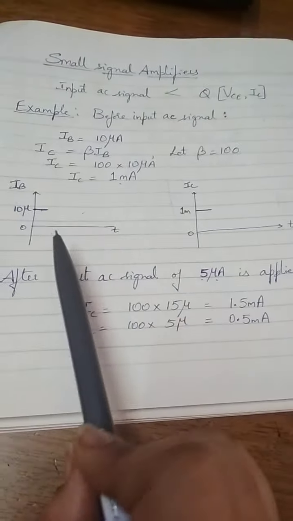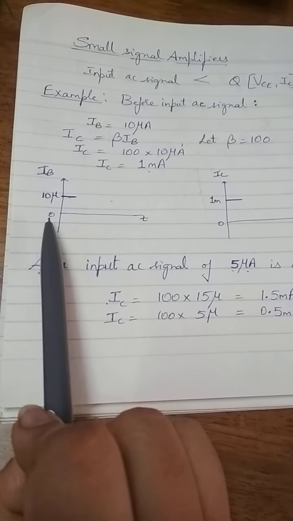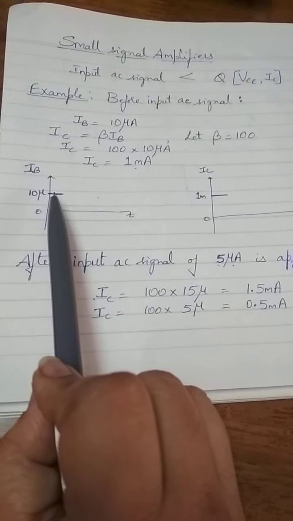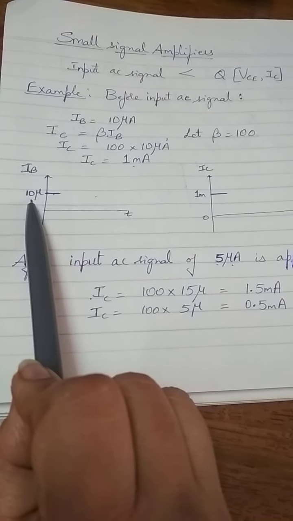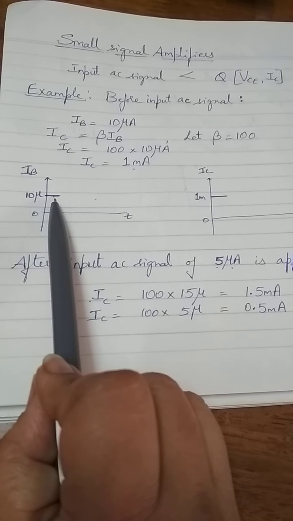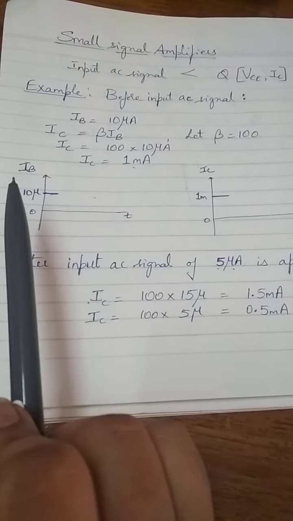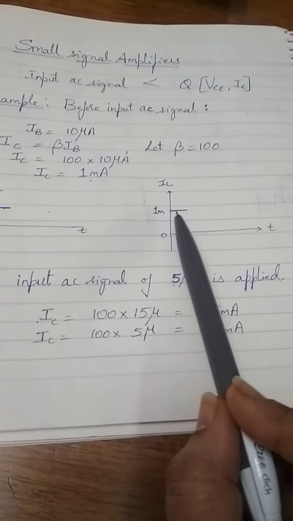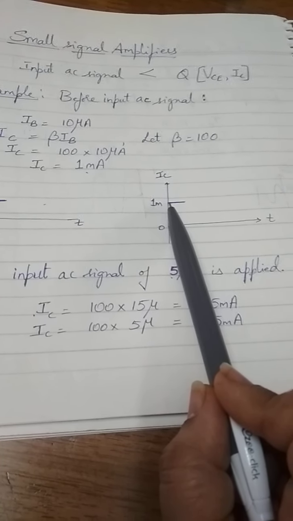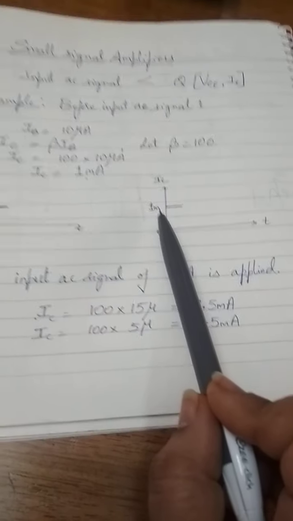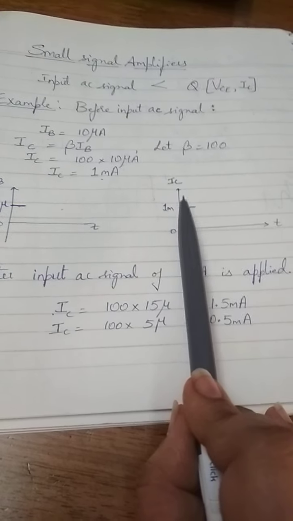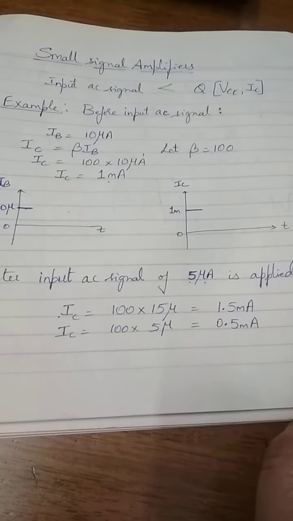So if I write it in the plot, how will it look? See, this is the plot of IB. This is the 0 axis and this is IB, and you have a straight line at 10 microamperes. Why am I drawing a straight line here? Because it is DC. We have not applied the input AC signal. So this is how your IB is looking at 10 micro. And your IC will be like this. This is the 0 axis, and at 1 milliampere it's a straight steady DC current. IC is 1 milli. So from the graph you know that we have set the proper values of IC. That is, the Q point is set, and VCE also will be set.